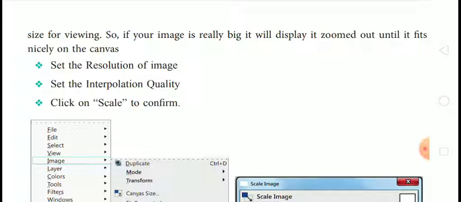So for that, set the resolution of the image. You can set the interpolation quality of the image. Click on scale to confirm. When you click on scale, it will be confirmed.